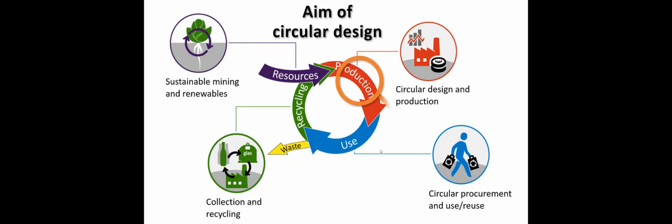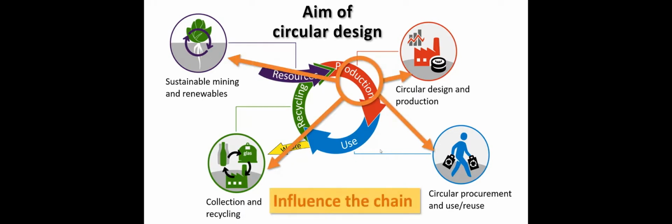work towards a zero waste system. So the aim of design in this system would be to influence the chain, influence the whole system, influence the use phase by creating the proper product, which is repairable, which is designed for disassembly, connected with the right business models so it can be used as long as possible, but also influence collection and recycling industries by using the right materials so it will be recycled end of life. And also influencing the sourcing part of this diagram, because it's about choosing your materials and the amount of materials in the first place when you design,